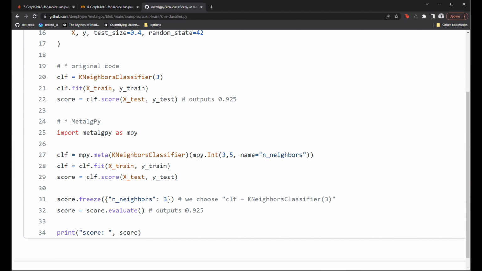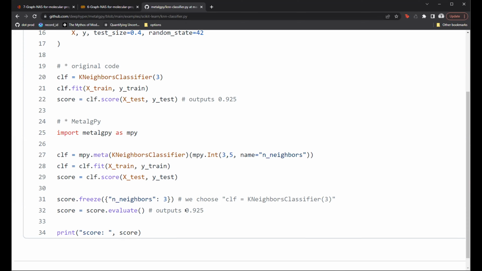So let me go through the example line by line here. Line 27, for example. We wrap the KNeighborsClassifier to become a symbol with the meta, okay? So at this time, what is returned, the CLF variable, it's a symbol, okay? Now, next line, 28, we do fit, and we get a symbol that represents the expression call of fit on CLF, okay?